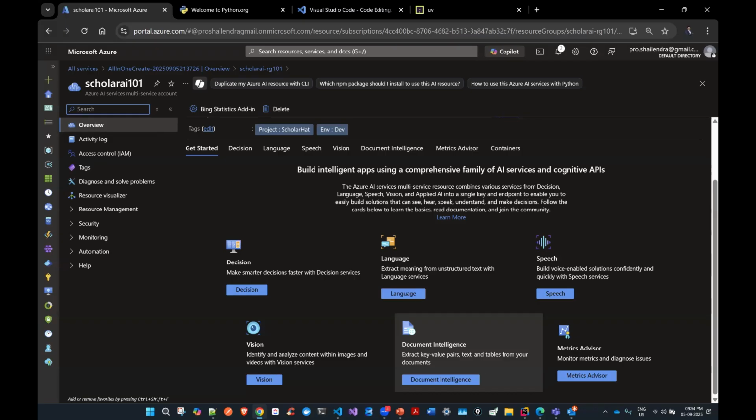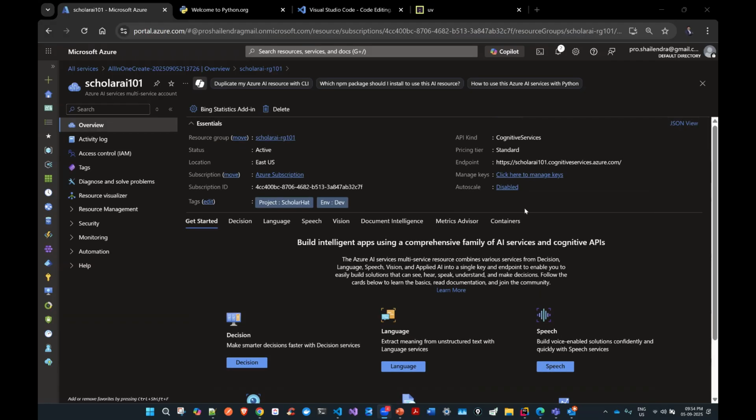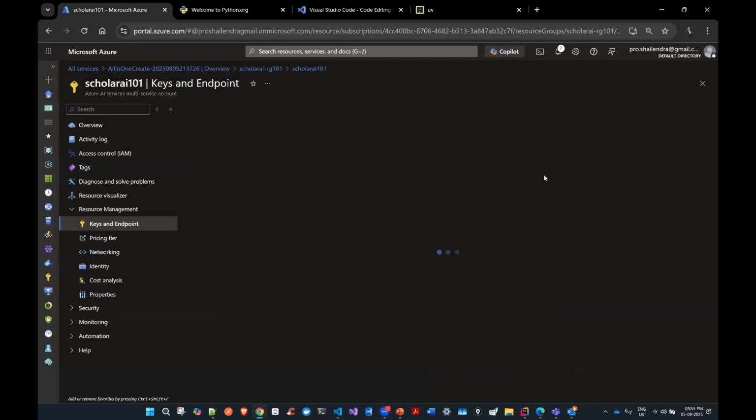As I mentioned, we have two options to create the Azure AI services. One option is to create a separate service for each of them, so we get a separate endpoint for each. The other option is to just create a multi-resource service, where you get one single endpoint to use the language service, the speech service, the document intelligence service, and the vision service. I don't need to create multiple endpoints there. So what I'm going to do here is note down the endpoint. We have the option for managing keys. Let me access.